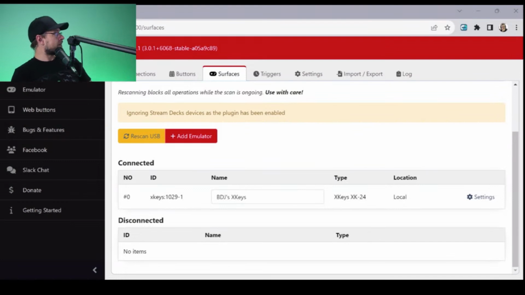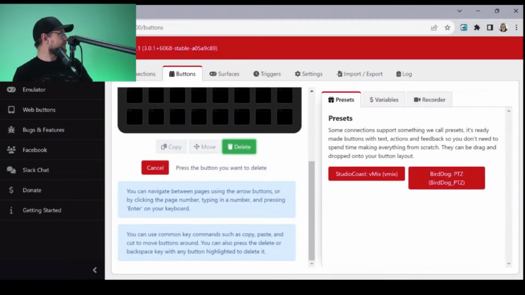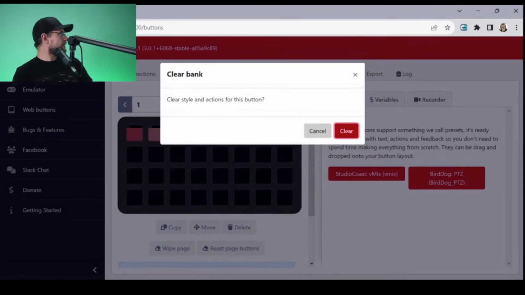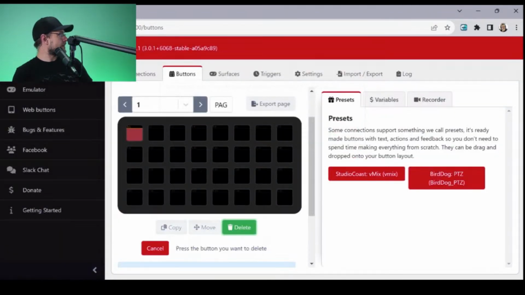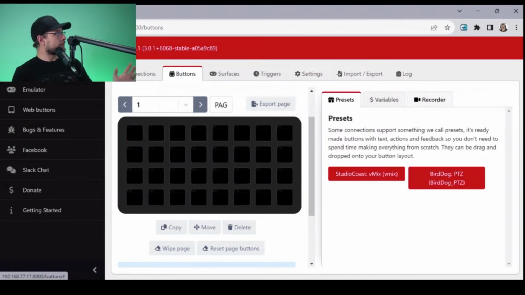That much more versatile than before. Okay, so let's get back to programming these. I'm going to dump this key, and let's delete, clear. And actually, no, I don't want to do that. And delete this one, clear. Okay, so button 1, we want to go to our presets, and this will show us our connections